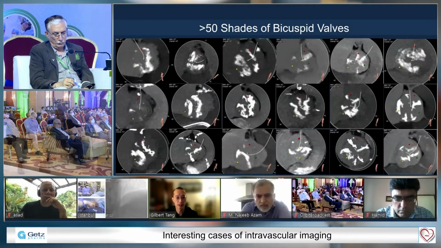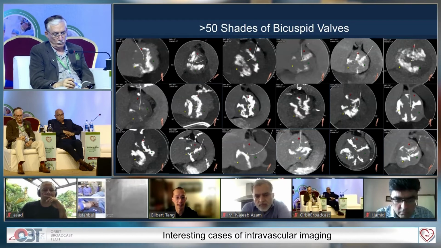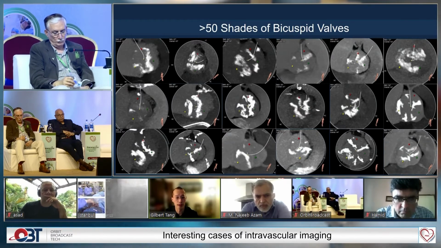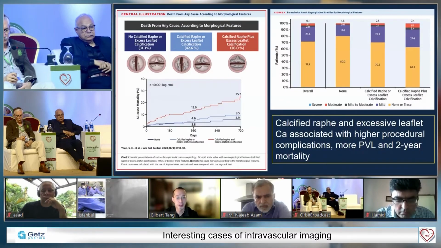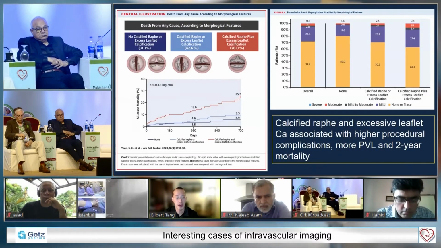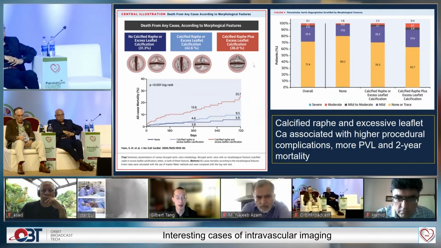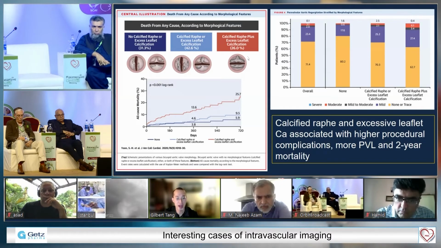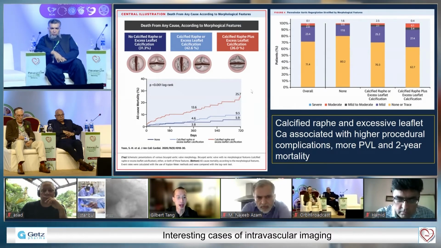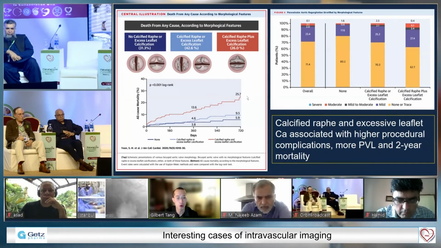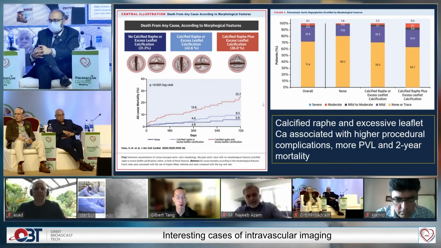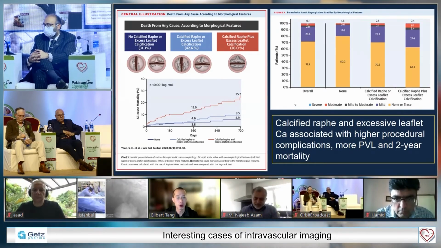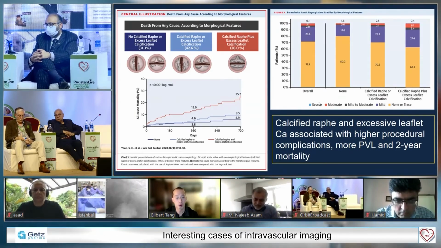The reason being, look at this, the 50 shades of bicuspid valve anatomy out there. Every patient is slightly different, so you have to go by case basis. And you can see this paper from Raj Makkar's group at Cedars-Sinai. If you have a calcified raphe with calcified leaflets, the chance of you dying from TAVR at 2 years is actually higher. All-cause mortality, 25%, compared to less than 10% with more favorable anatomy. And that's probably because of residual paravalvular leak or aortic root injury or coronary obstruction, and those can be very